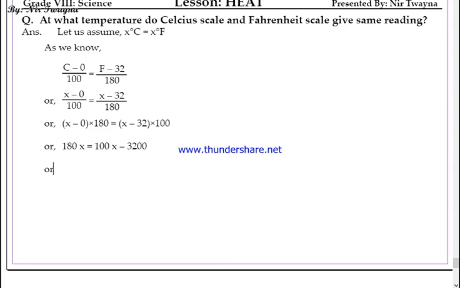Okay, after this step, what we do is we need to put the terms having x on the same side. 180x and 100x, they are brothers. In terms of mathematics, they are brothers, but these two brothers are on different sides. It should not be like that. Brothers should be on the same side, isn't it? Brothers should be on the same side, whatever is the matter. So what I'm going to do is bring the brothers together.